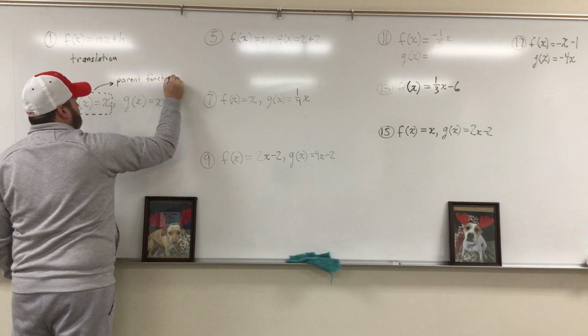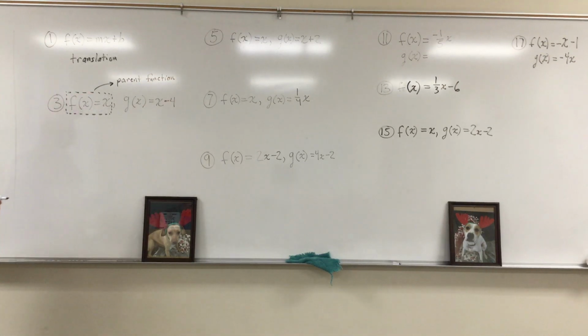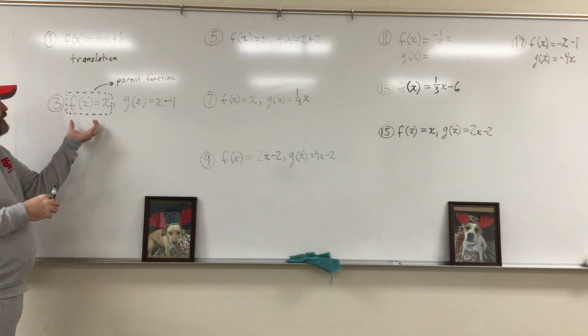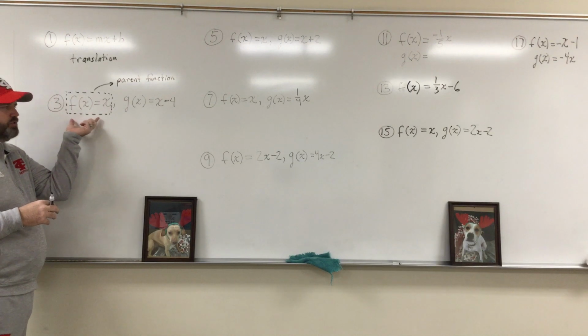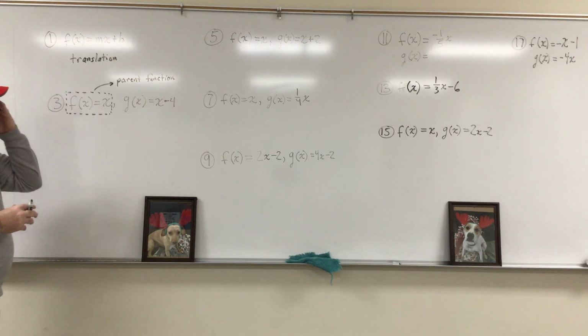Essentially, it's the most basic form that you can get. Other graphs have parent functions as well, like f of x equals x squared, f of x equals x cubed, f of x equals the absolute value of x. All those are parent functions. And this means it's just the most simple version of that type of graph. But anyway,